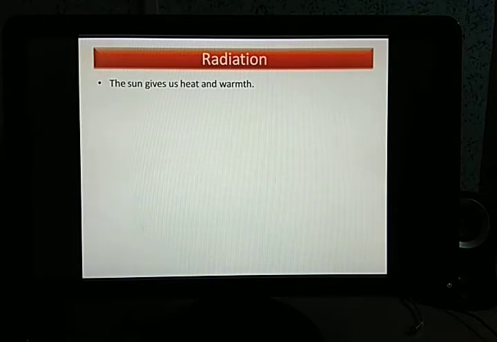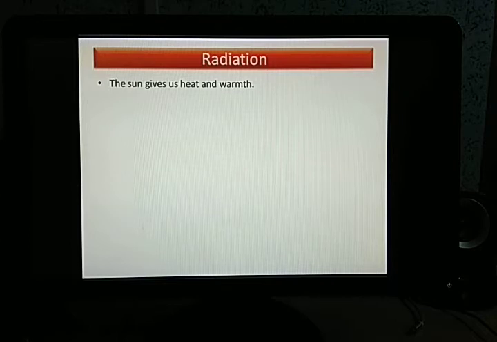In the case of convection, say for example in the case of a candle, the area which is near the source of heat or just above it gets heated up. But this is not the case with the sun. As we know, the sun is very, very far away from us, nearly 150 million kilometers away. Also, there is no medium in between. In convection, there was the air medium, but here there is no such medium. So how does this phenomenon happen, that we get the heat and the light?